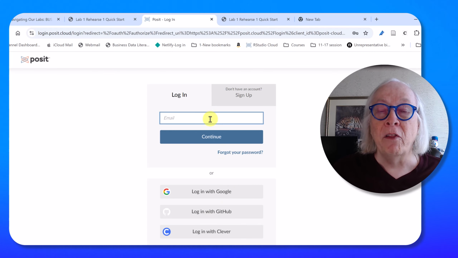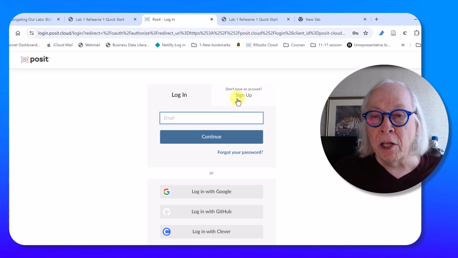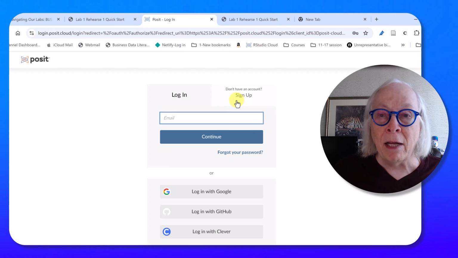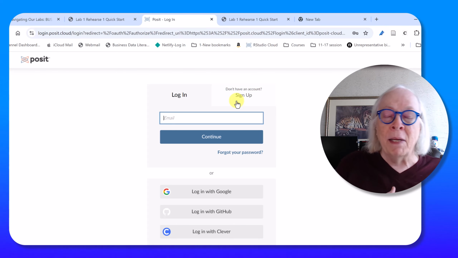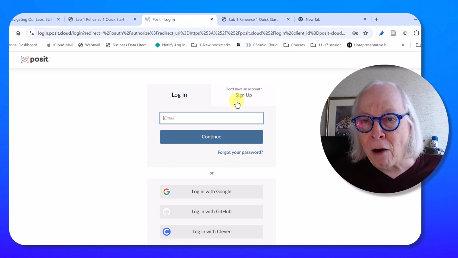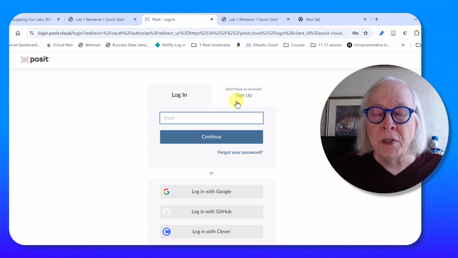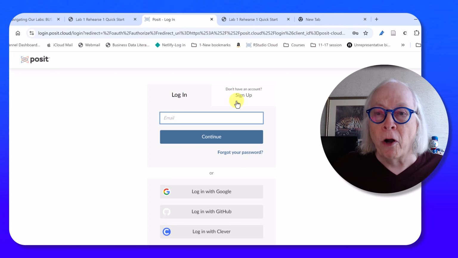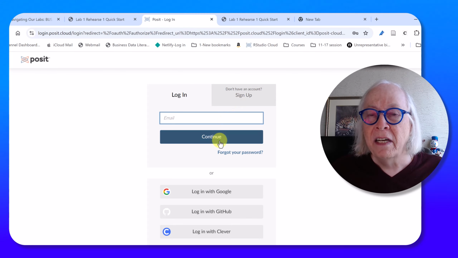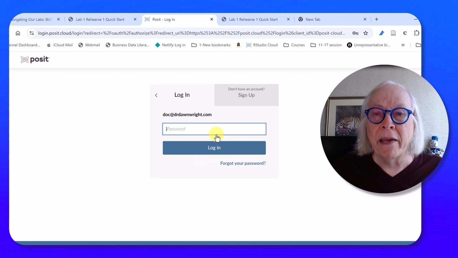And you've either got to log in or sign up. And if you sign up, the video shows you how to do that. You just give it an email account. The basic account is free. I'll get some more information about that. There is a time limit on how many hours, 25 hours a month, that you can work on the free version, but we'll cover that a little bit later. I recommend everybody start on Posit Cloud. Just set it up. I'm going to log in to my account,